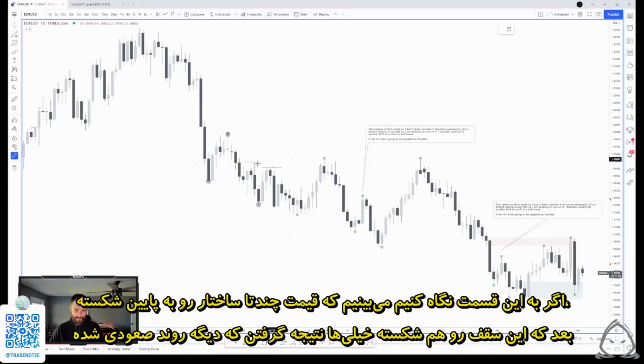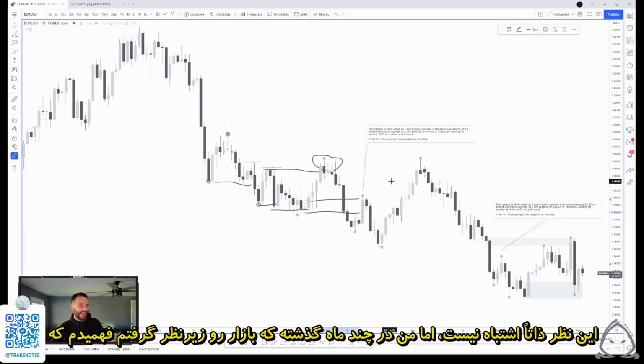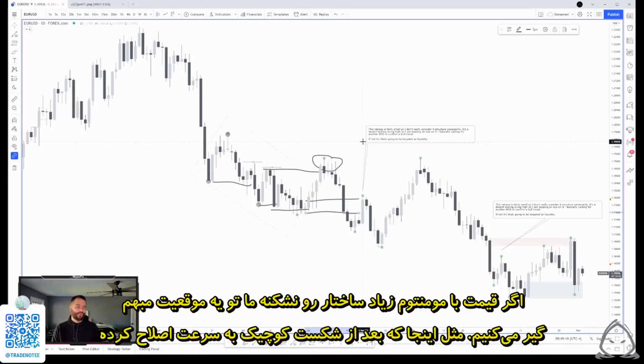So if we're looking at this bit of price action, I've seen a lot of people looking at something like this. Price was breaking to the downside. Once we broke here, we switched bullish, and then a lot of people would be looking for buys in that particular area, which there's nothing inherently wrong with, but this is just something that I've started to really take note of over the last several months in mapping market structure. If we don't get that true continuation, that true break to the downside in this case that shows momentum, chances are you're going to get caught with your pants down, so to speak, with market structure, because